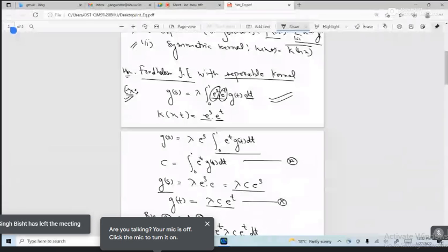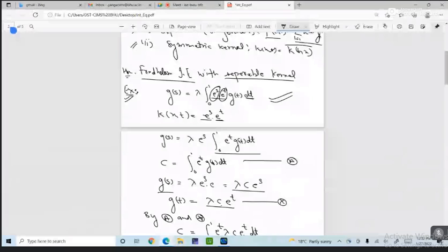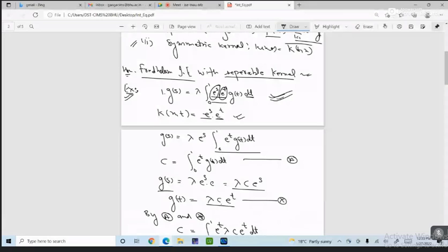So first of all, we will discuss the Fredholm integral equation of the second kind. Second kind because the coefficient is one here. And here the function f is zero, so it is homogeneous also. Homogeneous and second kind. So here it is a separable kernel. So you can see that in the integral, limits are from 0 to 1, e to the power s, e to the power t, g(t). Because the kernel is in separable form, we can